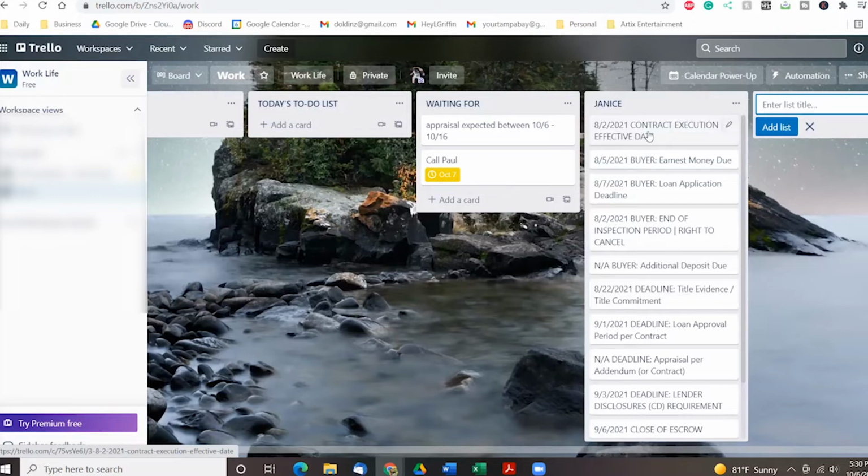So I will not add a deadline for the executed or the effective date, but I find it's very helpful to have something quick that I can access on my phone or on my computer of when the effective date for that contract was. Many, many times when you need addendums or you're trying to figure out how long you've been working on this deal, it comes in handy. So having the effective date, don't put a due date, but let's say the earnest money, you want to click